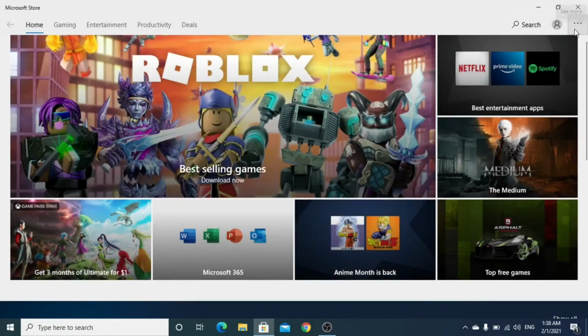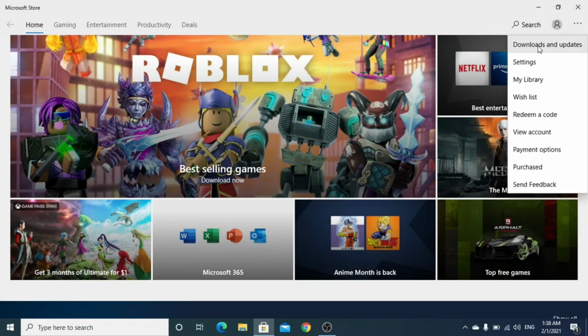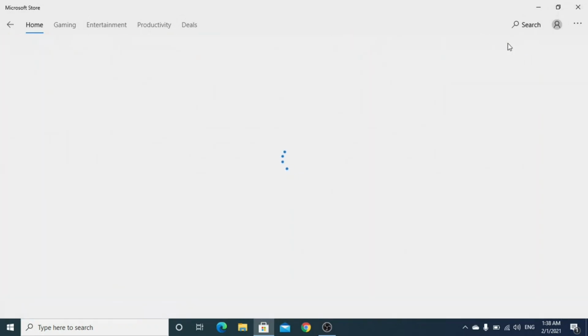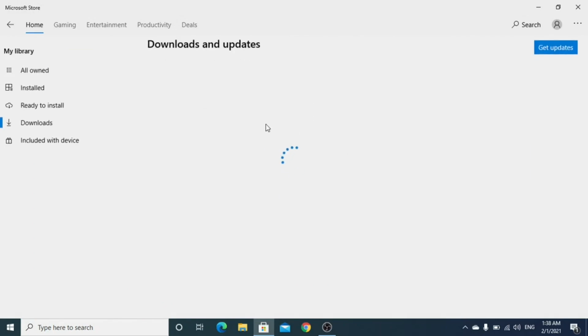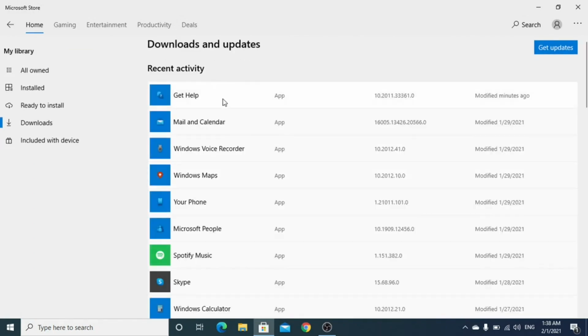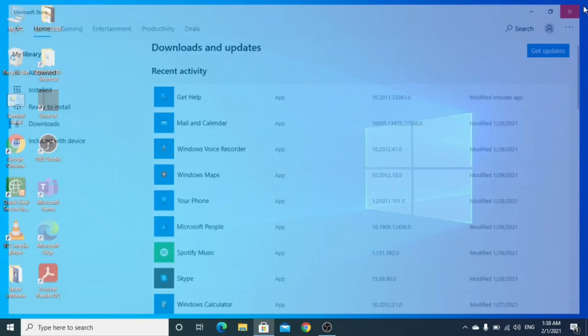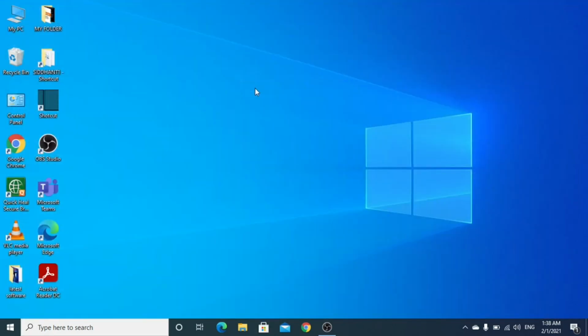Then you can see the three dots which say see more. Just click there and go to downloads and updates, and here you have to click on get updates, and it will download and install the latest updates of your Microsoft apps like Paint 3D and Photos instantly.